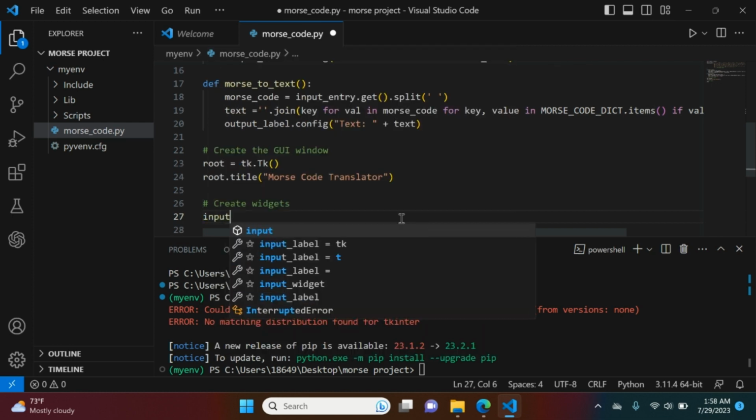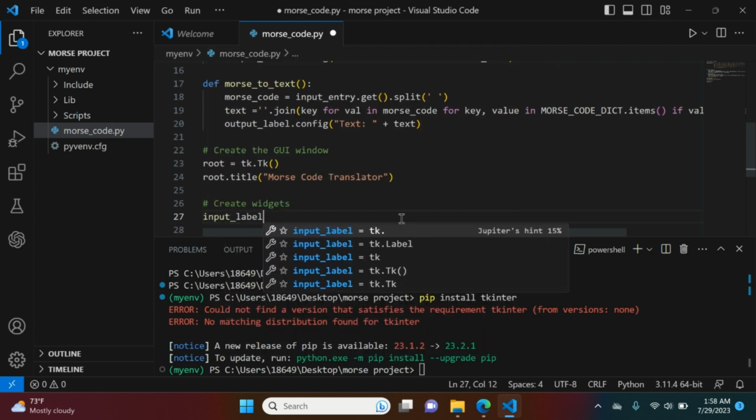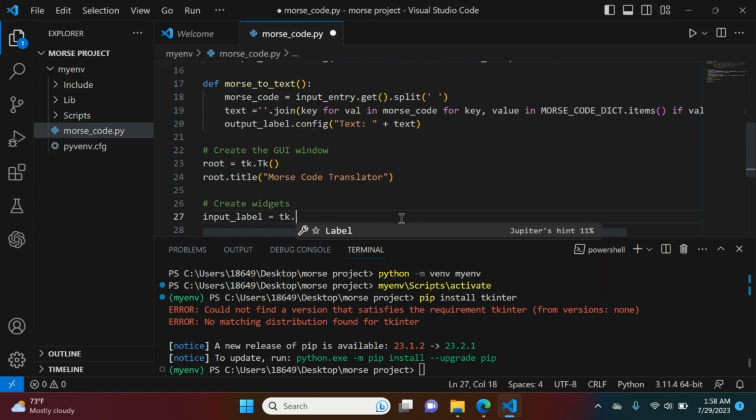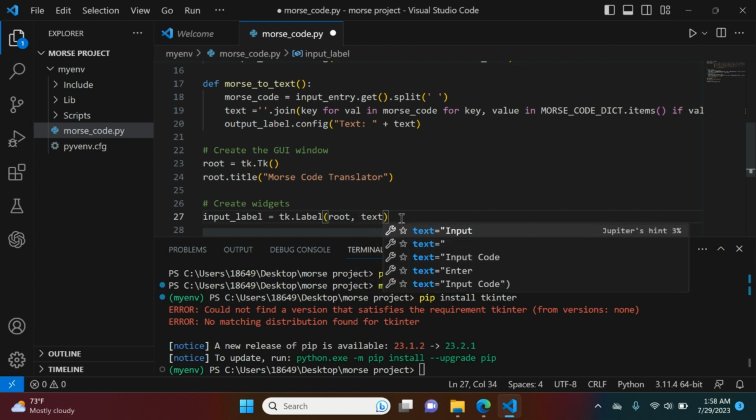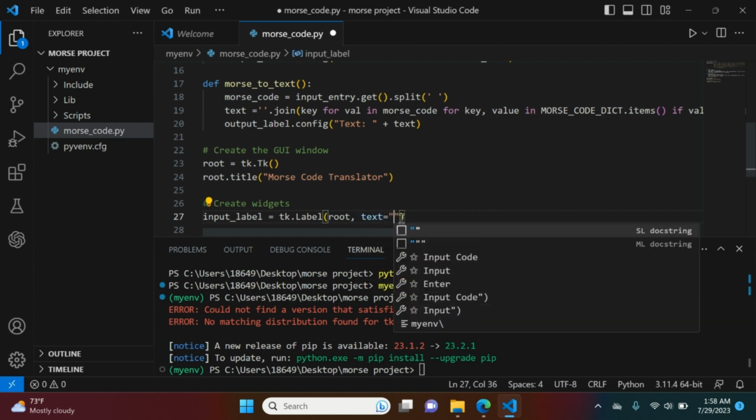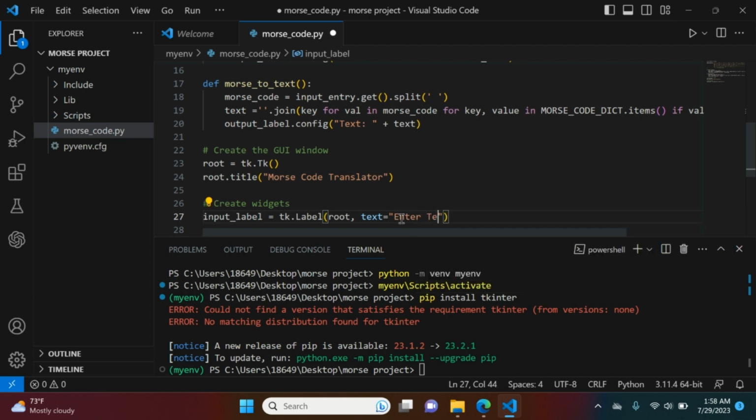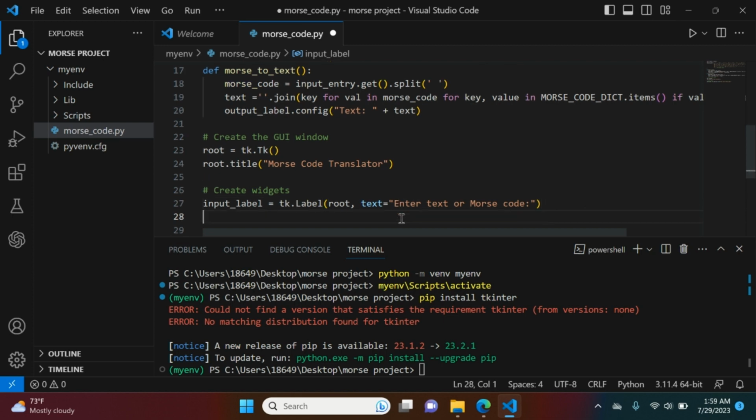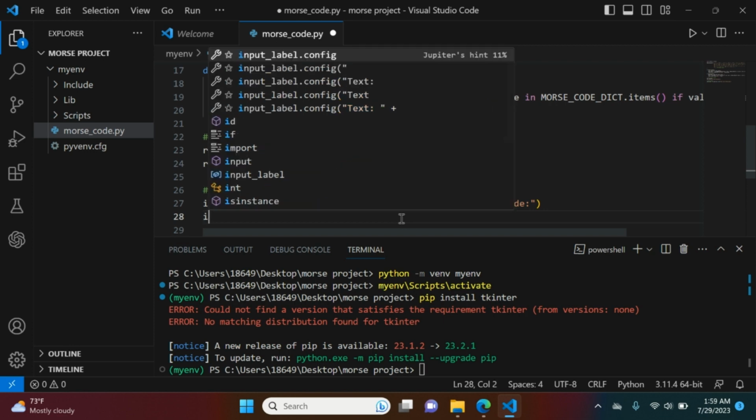I'm going to say input label equals tk.Label(root, text equals "Enter text or Morse code"). So it's going to display the label on the screen that says enter your text or Morse code. And then we're going to say input